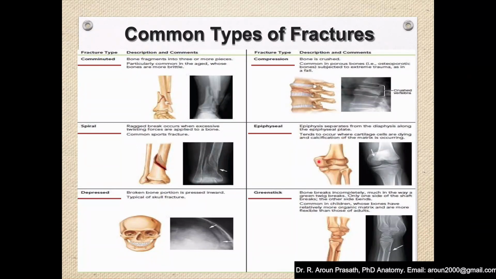Epiphyseal plate, as I told you, is the place where the epiphysis is present. Sometimes when kids fall down, the epiphysis will slip. This is going to affect the growth in this place. So the left leg will be short and the right leg will be long, and the patient will walk in a disturbed manner. We have to increase the height of the footwear on one side so that both legs land on the surface at equal length. Then greenstick fracture: this is just a fracture in the bone like a green stick, but there is no separation of the fragments.